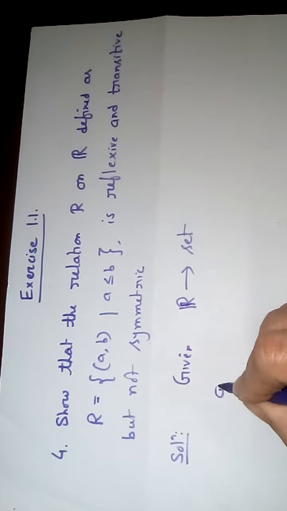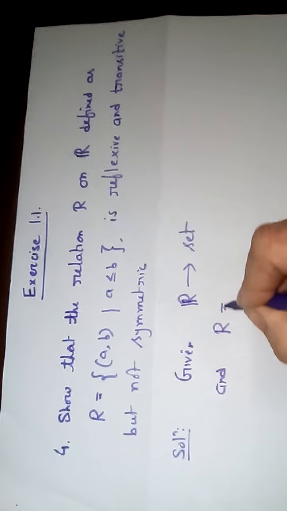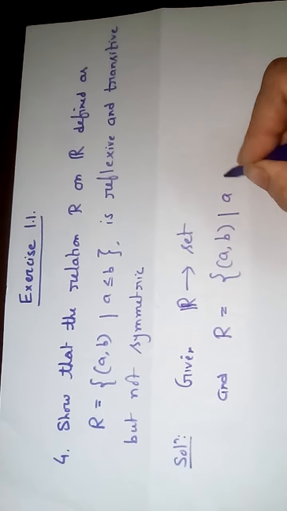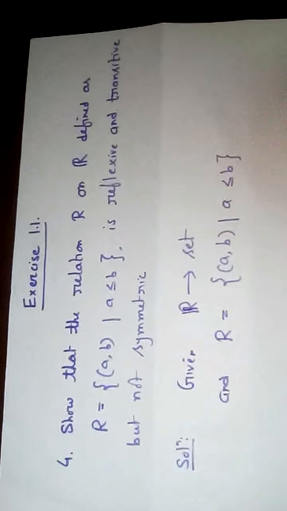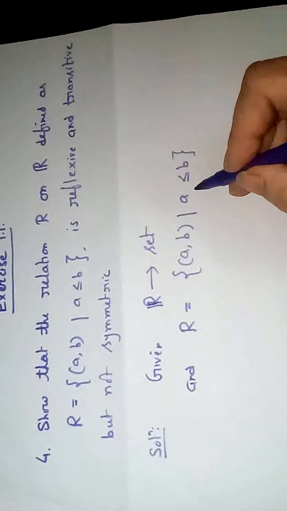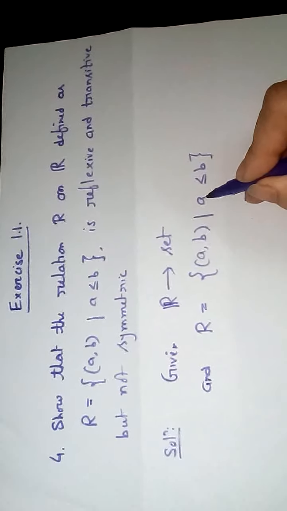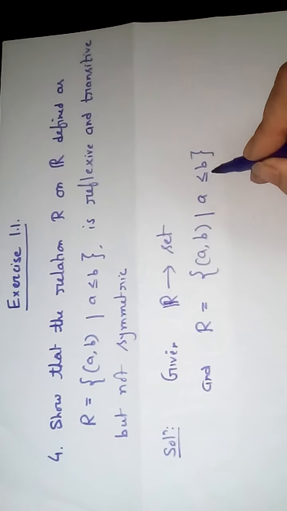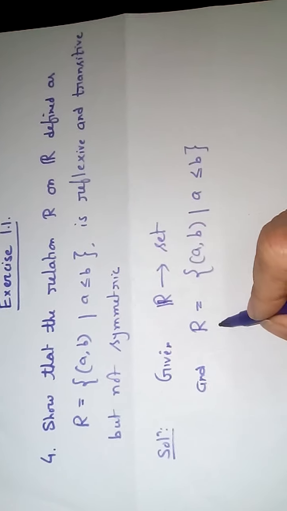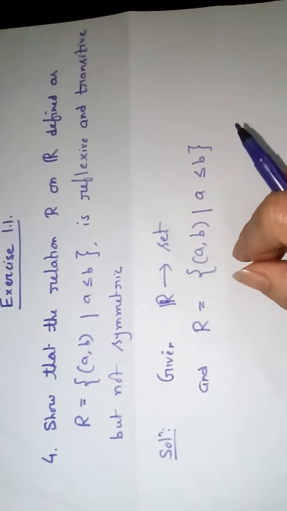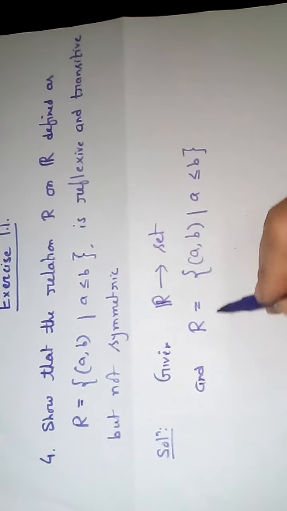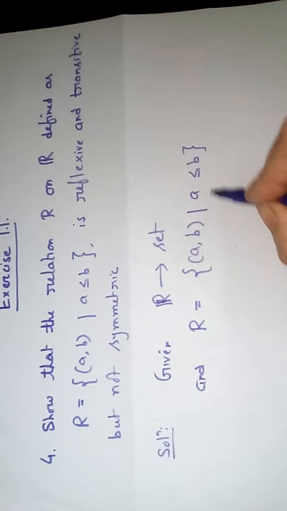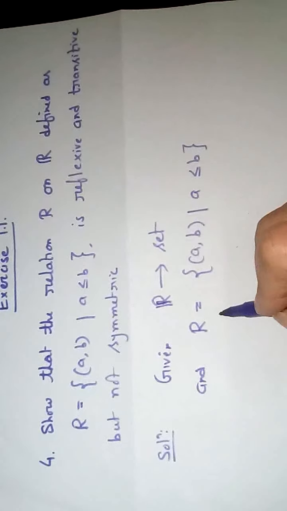And also you write down your given relation. Your relation will contain ordered pair AB such that A less than equal to B. That means when an element A is less than or equal to B, then it will form an ordered pair and this ordered pair AB will be in the relation. This will be vice versa. That means if AB belongs to R, then A less than equal to B. And if A less than equal to B, then we'll have what? Ordered pair AB belongs to R.